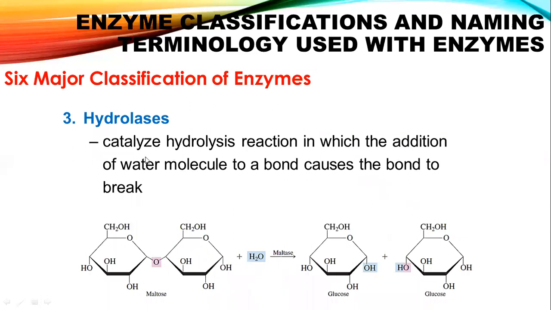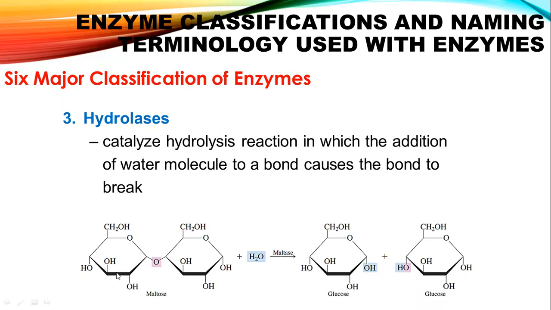And then the third one catalyzes the hydrolysis reaction. In a hydrolysis reaction, we always involve water. Now we add water in the reaction, in which addition of a water molecule to a bond causes the bond to break. So when water is involved, you call that hydrolysis. For instance here, you can classify this one, this maltase, because this one involves a